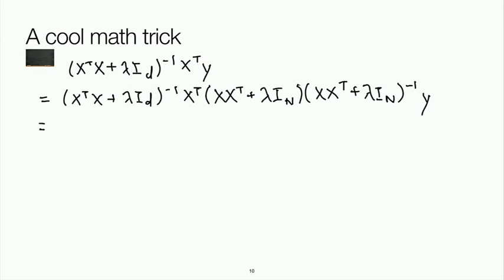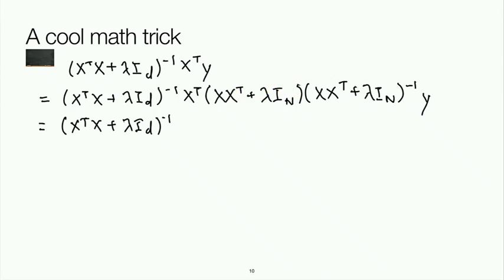What am I going to do now? Well, first I'm going to write out all this stuff again. And now what I'm going to do is distribute this X transpose into this expression here. Notice that this doesn't have an inverse on it, right? So there's nothing funny going on here. This is just like a matrix multiplication, so I can distribute this X transpose into both of these terms on